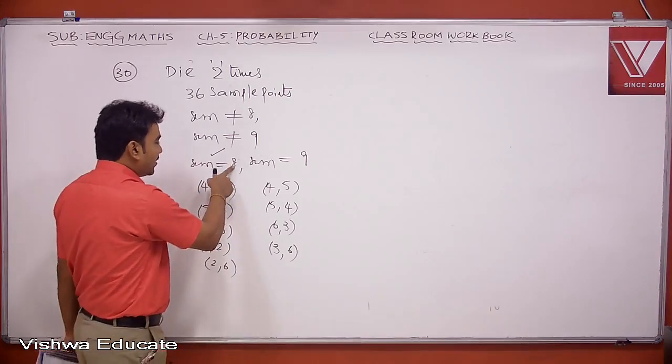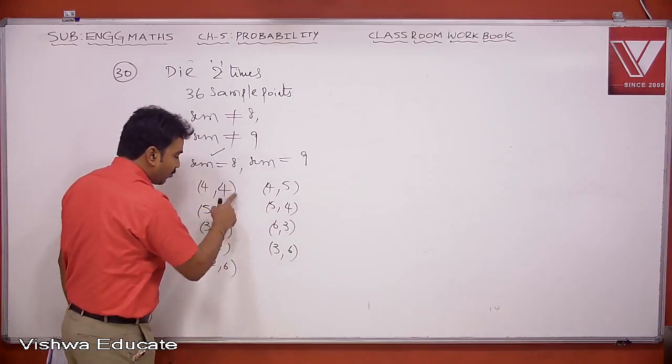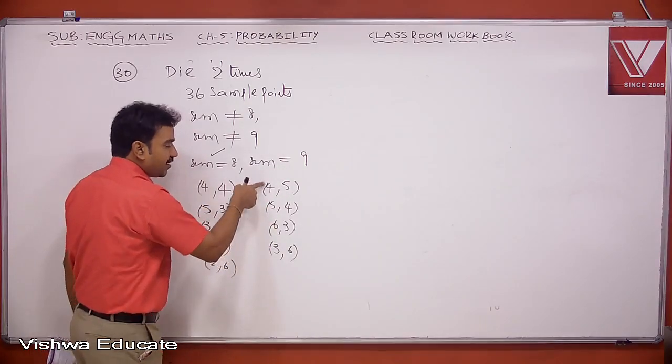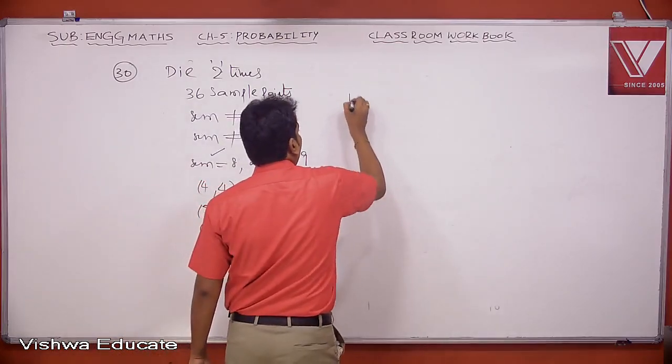So what is the sum? The sum is either 8 or 9. How many cases? 9 cases: 1, 2, 3, 4, 5, 6, 7, 8, 9. So therefore the required probability is